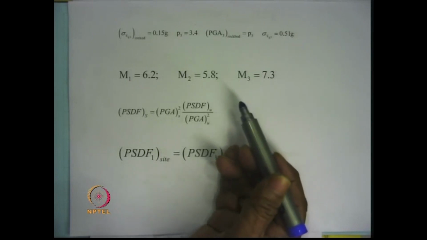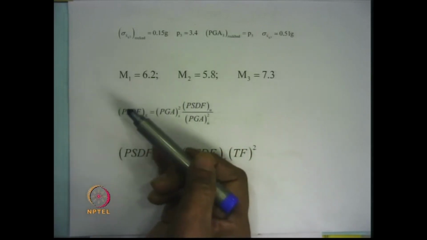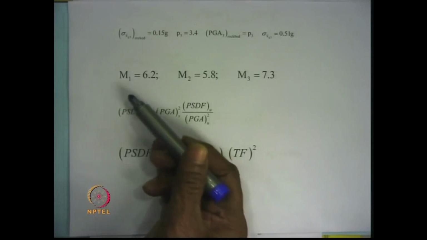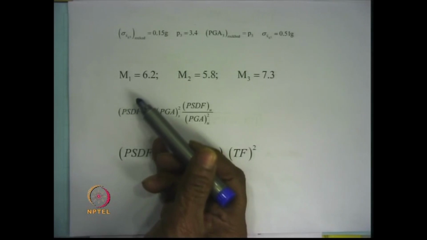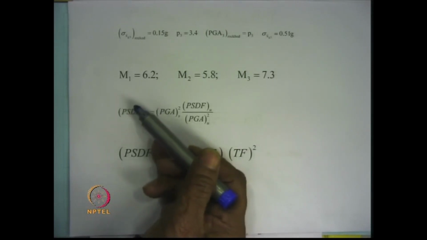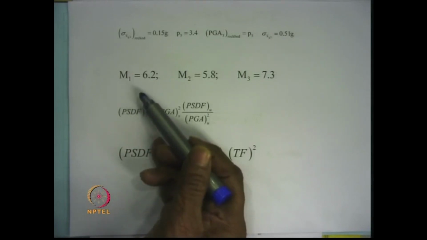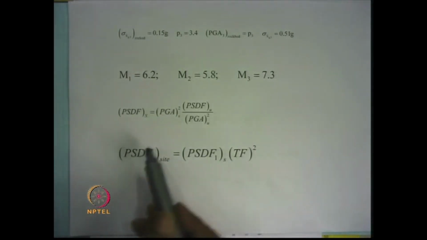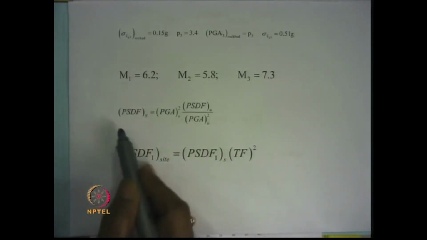So, once we provide these two pieces of information, from there we get the peak ground acceleration which should exist at the rock bed level and for the site for which we want to have the site specific spectrum. So, once we know that peak ground acceleration of the site, then one can obtain the scaled power spectral density